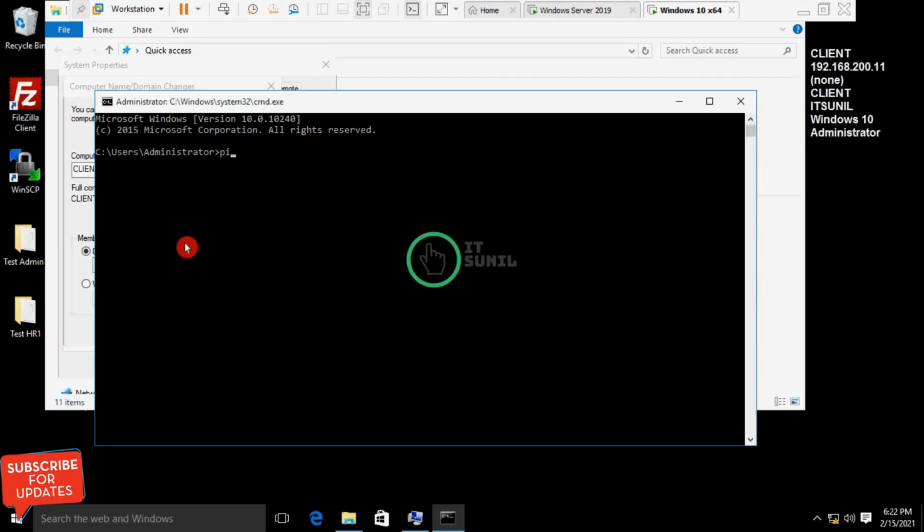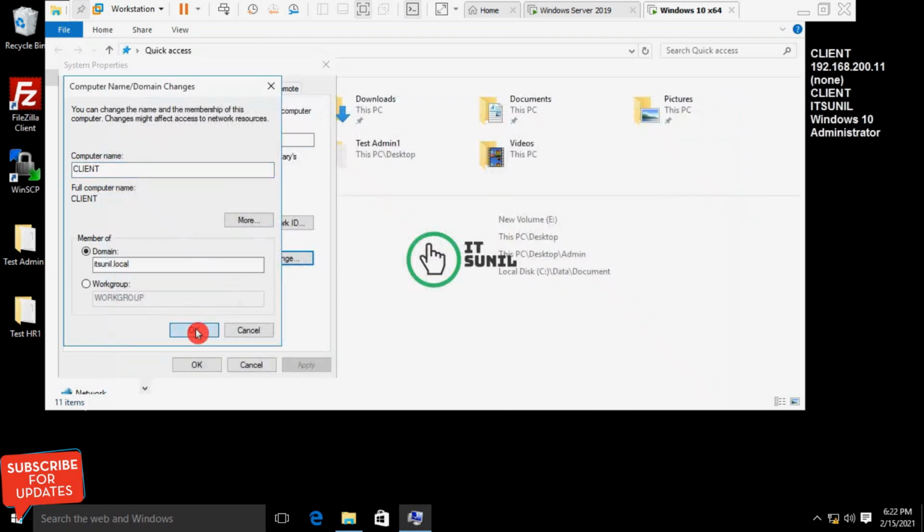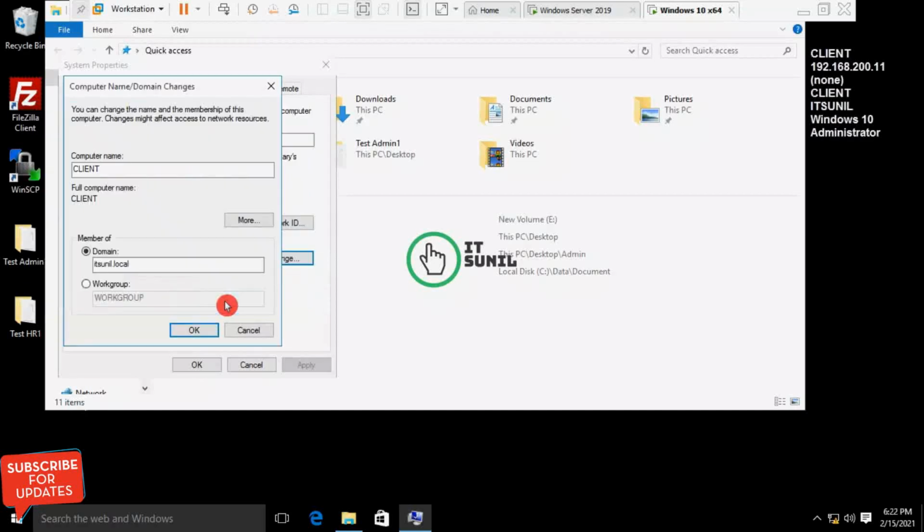Let's verify whether my DNS or domain controller is reachable. Type the IP address of my domain controller. That's fine, my domain controller is reachable. Click OK. Type the credentials of the domain controller administrator. Click OK.